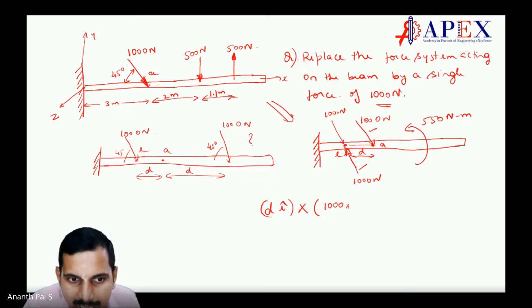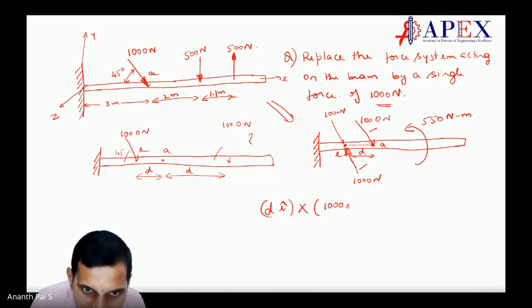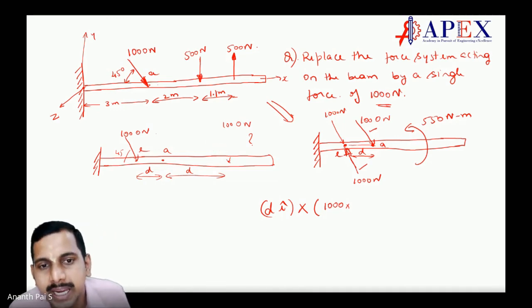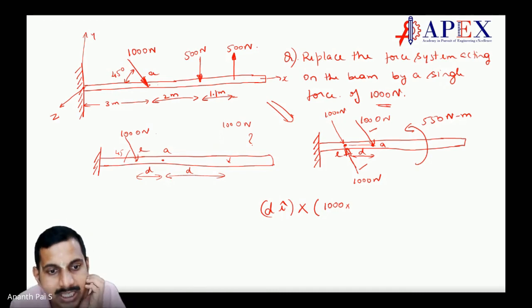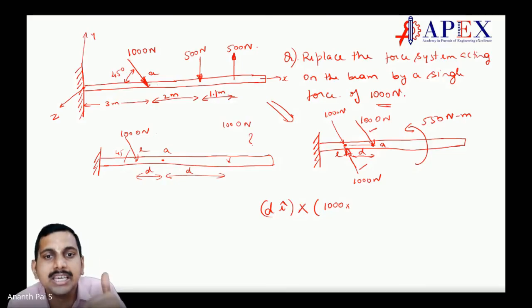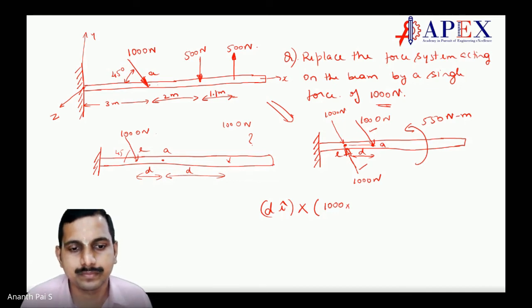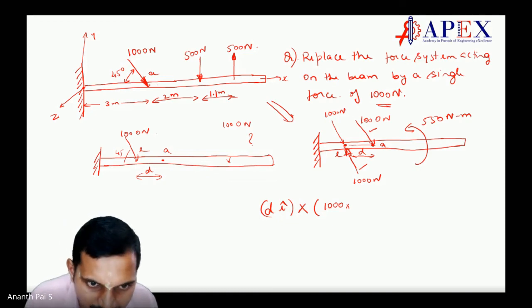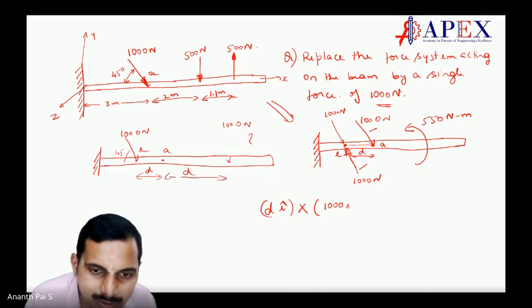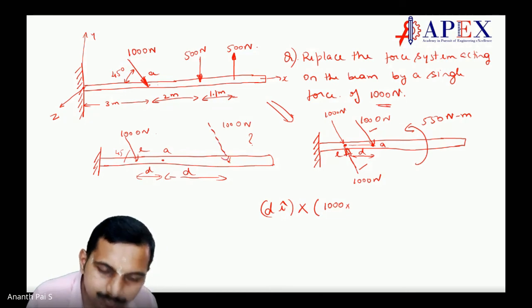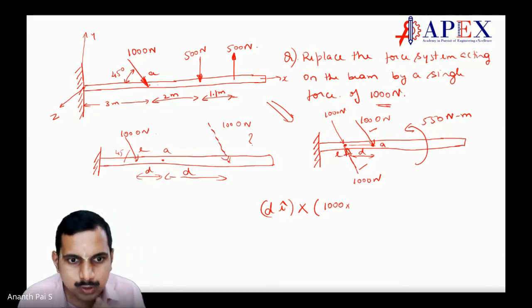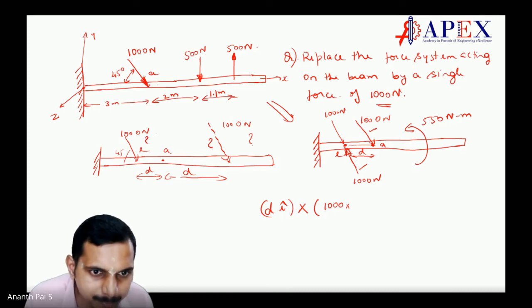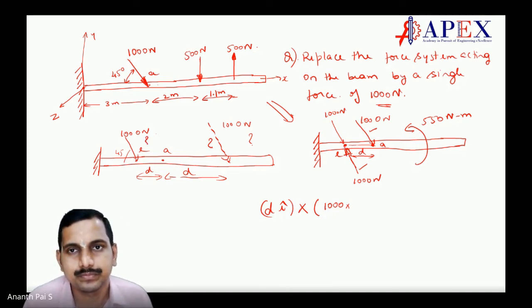Now, I have to either move this over here or to this side, such that what is the distance from this A? I have to move 1000 so that I will get an equivalent effect as these three forces. Make sense? Where should I move? I can move in this direction or in this direction. So I'll put it in a dashed line. Correct. So what is that? Whether this is proper or this is proper is a question mark. Making sense?